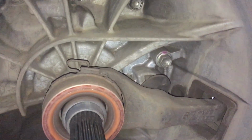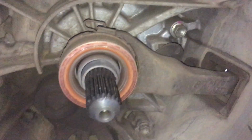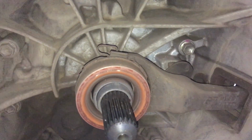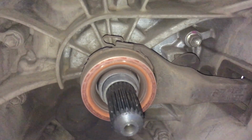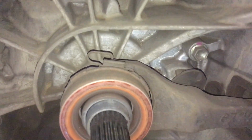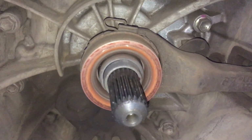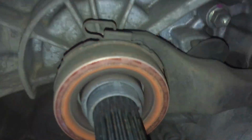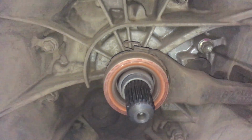There's two sides to the story. If you put grease on it, all this dirt and dust is going to stick to it. If you put it dry, well, dirt and dust isn't going to stick, but you're not going to have any lubrication. With most clutch kits, they do come with some grease, so you're going to have to work that one out on your own. Personally, I like to put the grease,